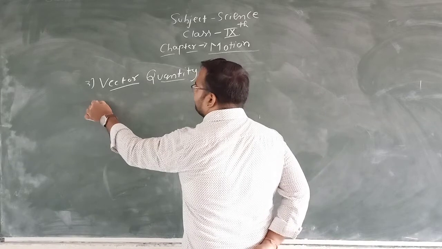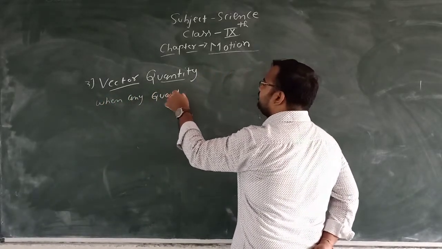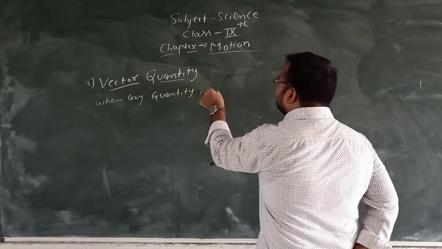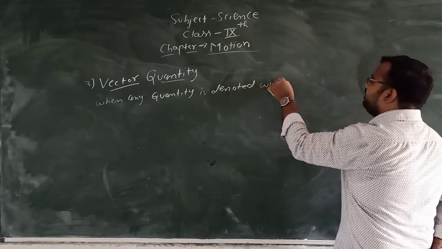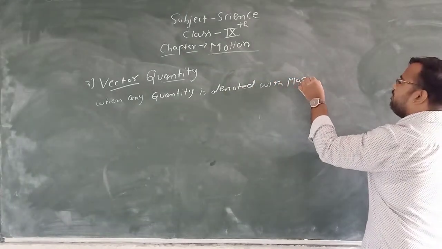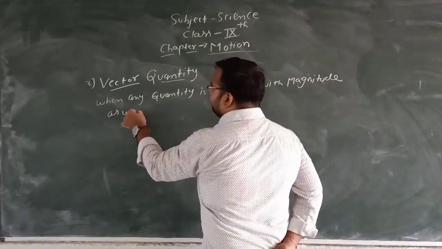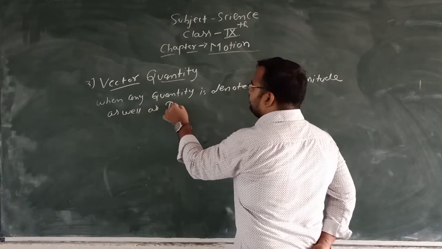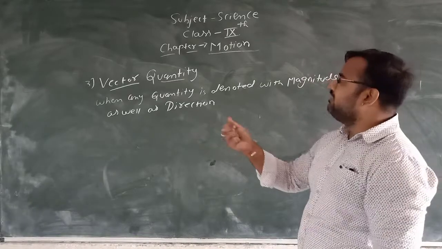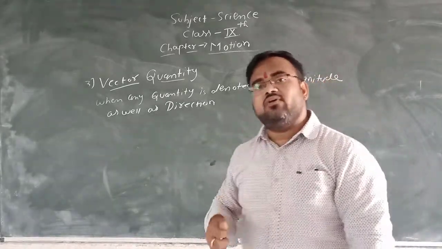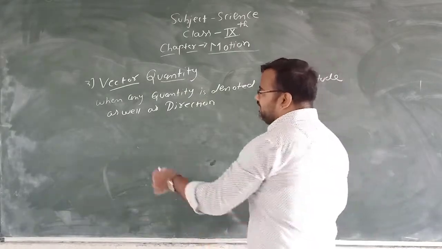So when any quantity is denoted with magnitude as well as direction, okay, then that quantity is known as vector quantity. The examples of vector quantities we can take: weight,